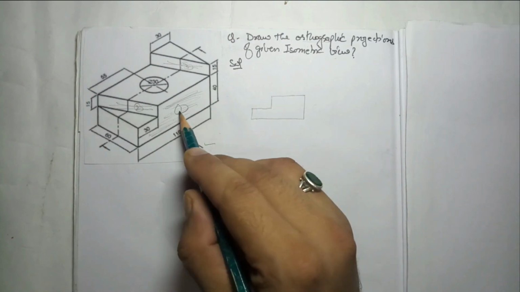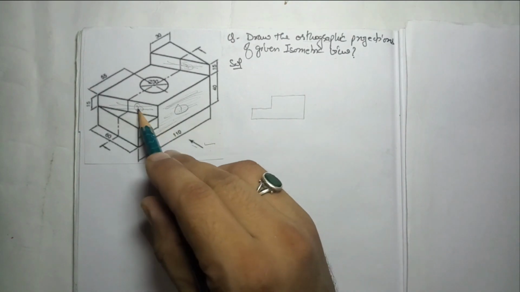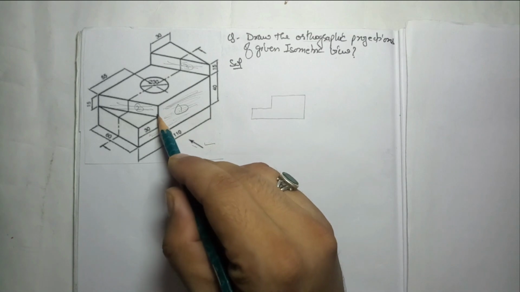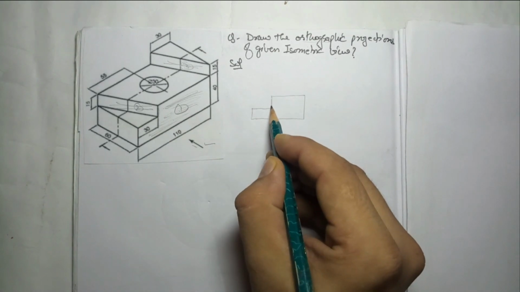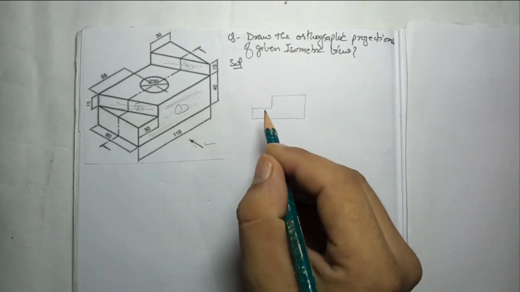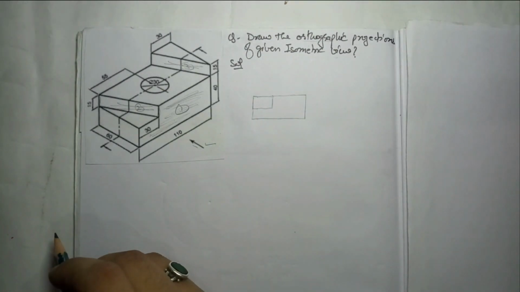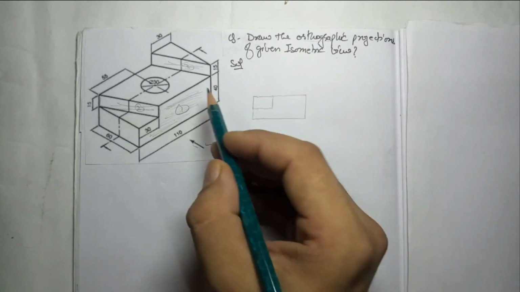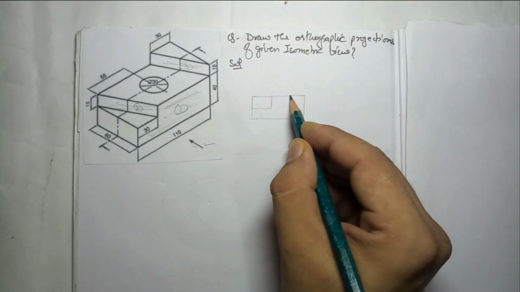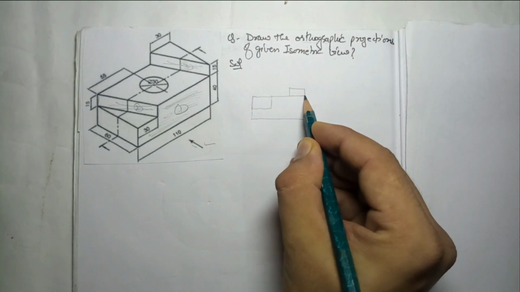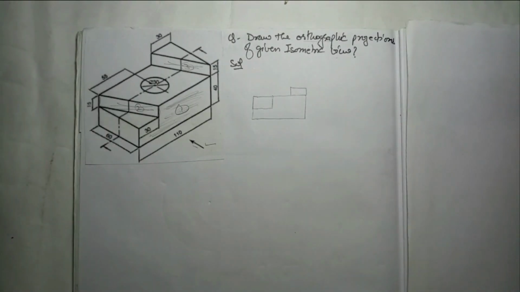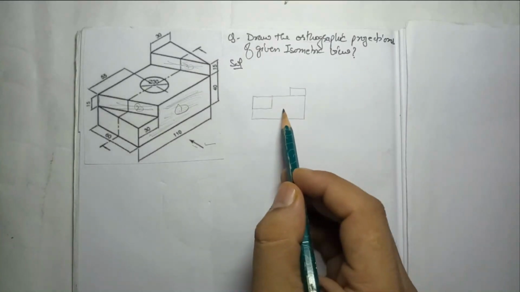Now in the front view you can see the first surface, this. Now where will the second surface be? It starts from here, the same place, and goes up to the last, up to this. So we can say this is the second surface, right? Now what about the third? It is above this, so it will look like this above the surface. Now this is the front view. This is the visible part only.